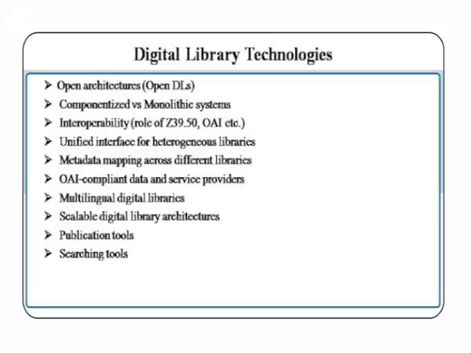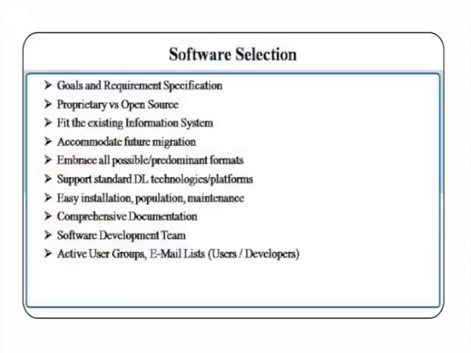So OAI compliant data and service providers: while building itself, we decide that we have to use a standard supporting software which is OAI compliant. Then multilingual digital libraries, as a lot of regional contents are coming. So support for multilingual formats is required in the new technologies. Scalable digital library architectures. Over a period of time, we need to extend the technology which is available to future technologies, scalable. And publication tools and search and indexing tools are some of the technologies to be discussed with digital libraries. And if these are the technologies required for creating digital libraries, what are the essential parameters for a